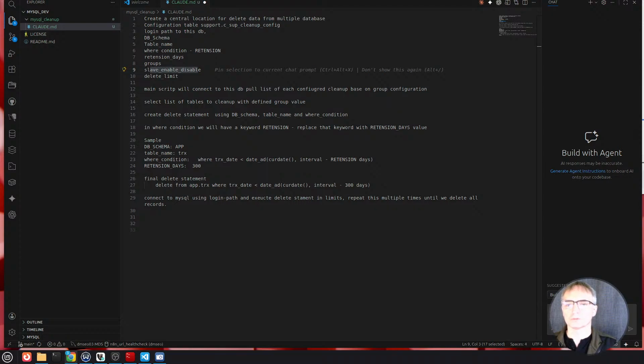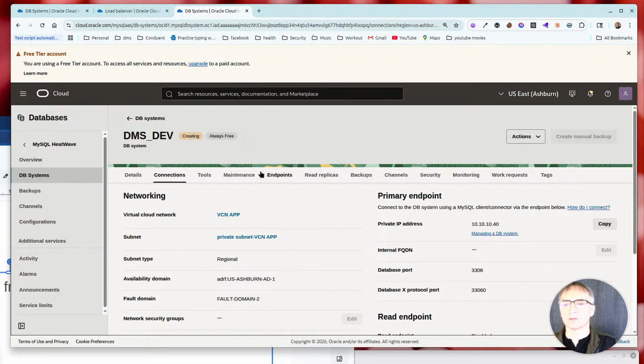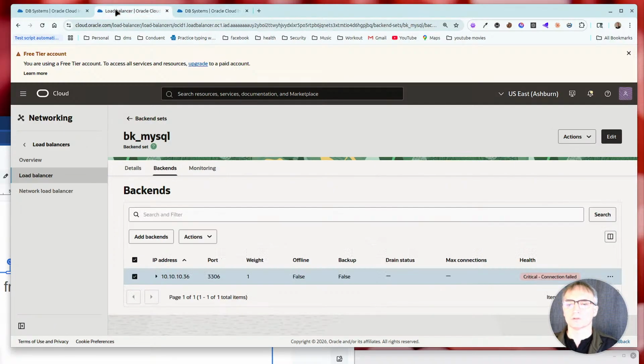Okay, I'm just watching the MySQL process being created. It is still in creating mode, but we have an IP address. Okay, but now we have a Claude MD status. Let's go back now to our database, and let's configure our load balancer. We have right now IP address 10.10.10.40. Perfect. Now we can go back to the load balancer backend. Like you see here, before I had a 10.10.36. But now I can just